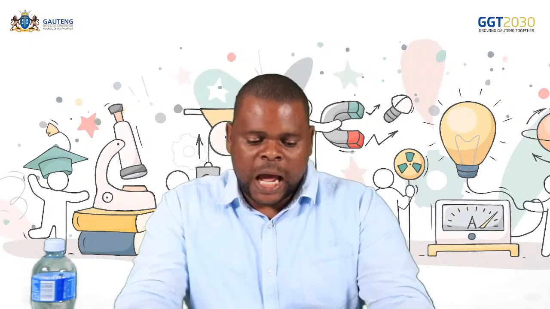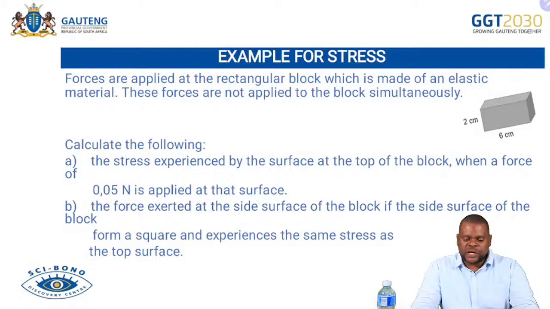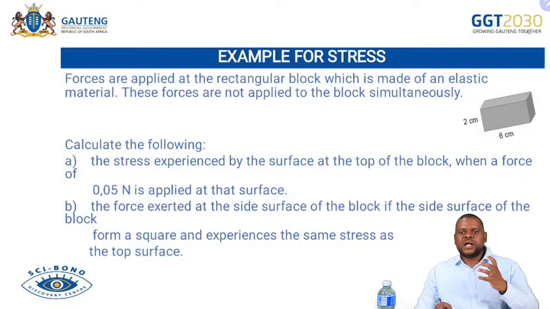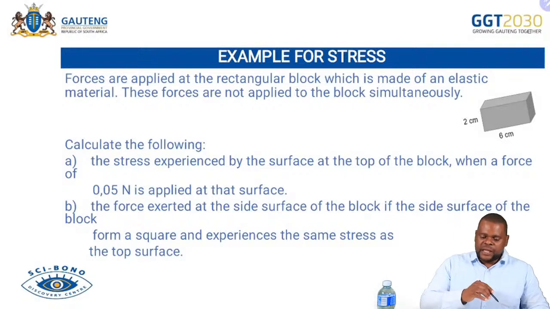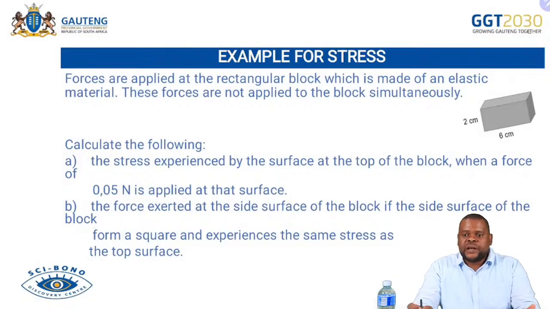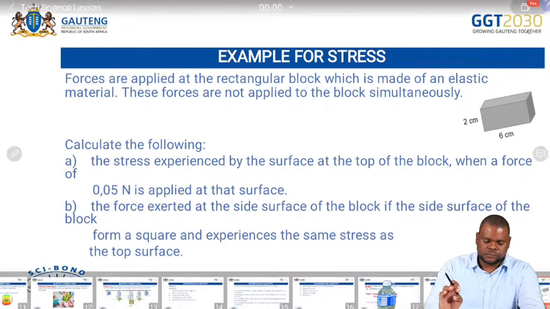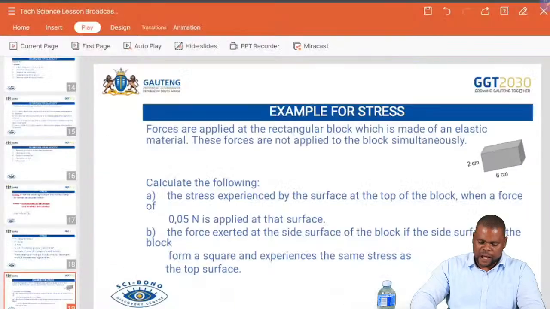Sorry, grade 12. Now we can say these forces are not applied to the block simultaneously. That means one force is exerted, and when this force is finished, let's say for instance you apply a deforming force, then after you remove the deforming force, the restoring force then comes into play. Then they say calculate the following. A, calculate the stress experienced by the surface at the top of the block when the force of 0.05 Newton